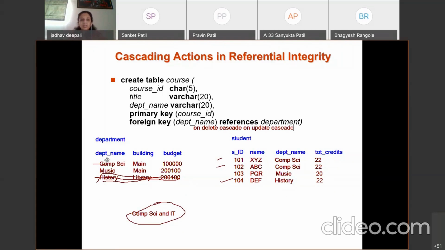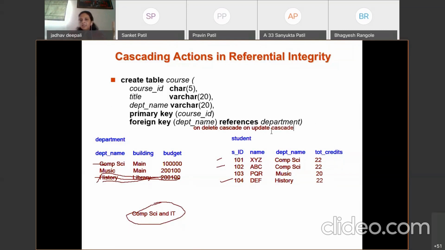And that is the use of on delete cascade and on update cascade. Suppose I change the name of computer science to computer science and IT in the department, then automatically all the students' department names change. My suggestion to the students is that whenever you use foreign key references, use on delete cascade and on update cascade along with them.